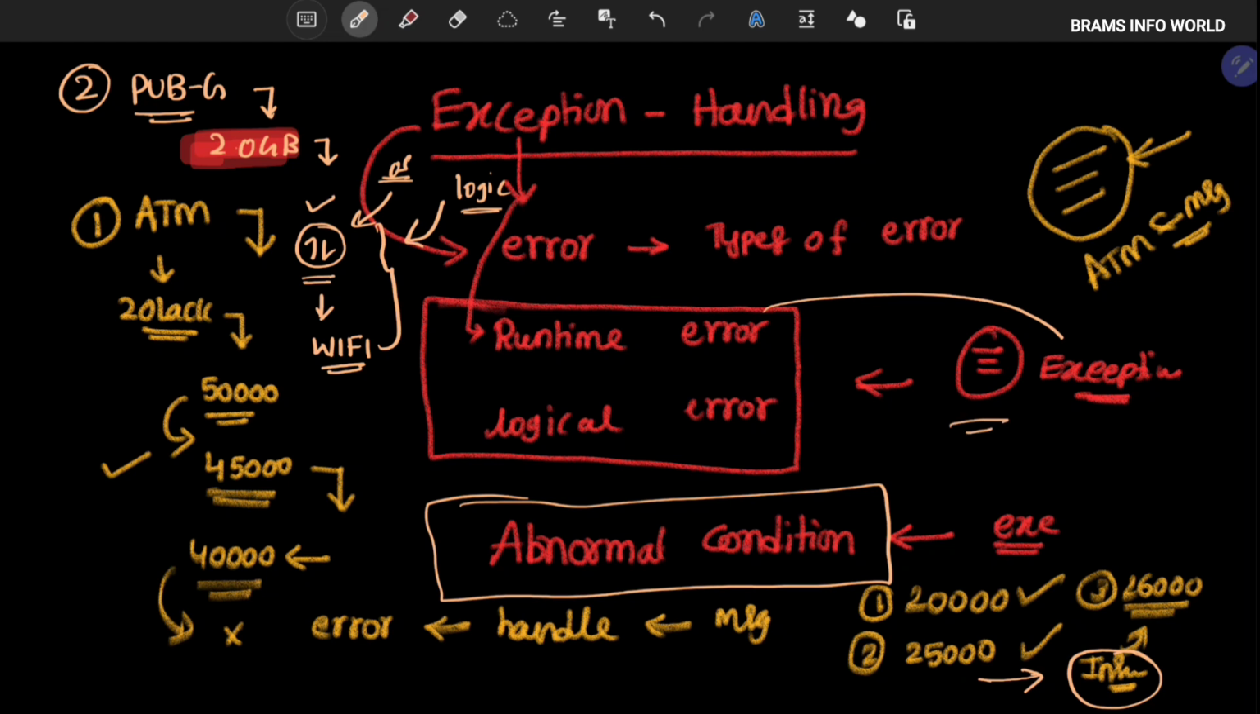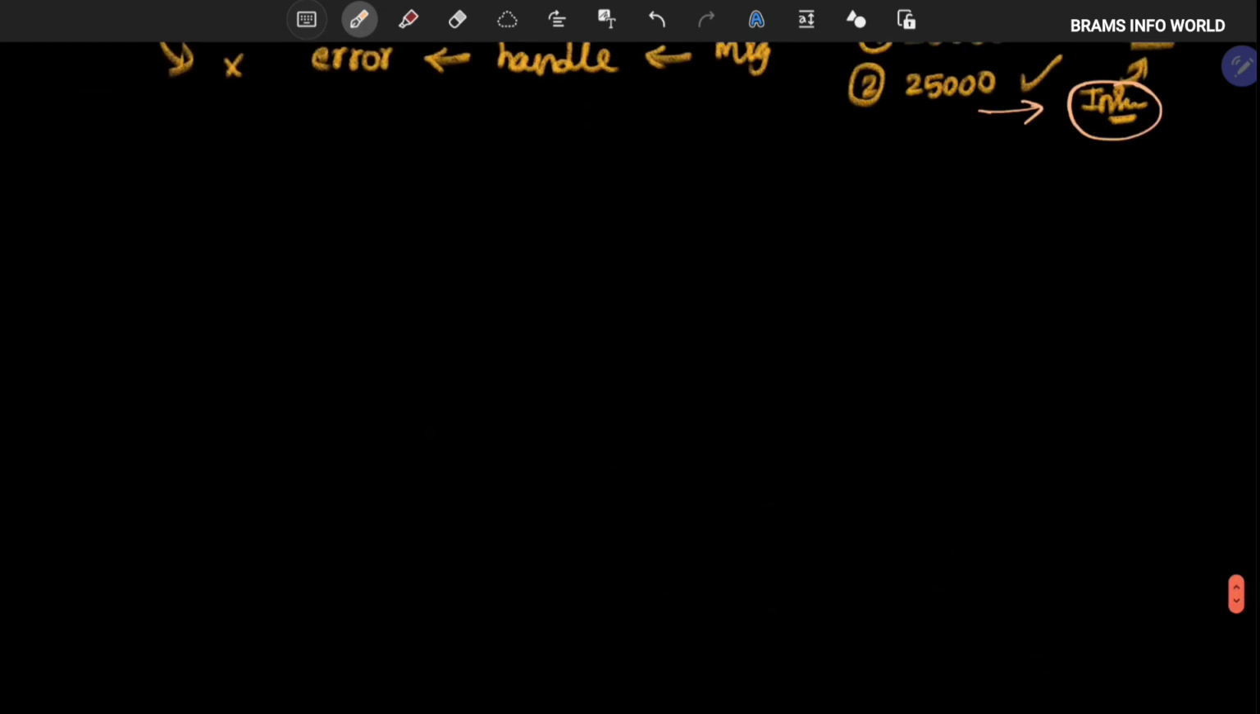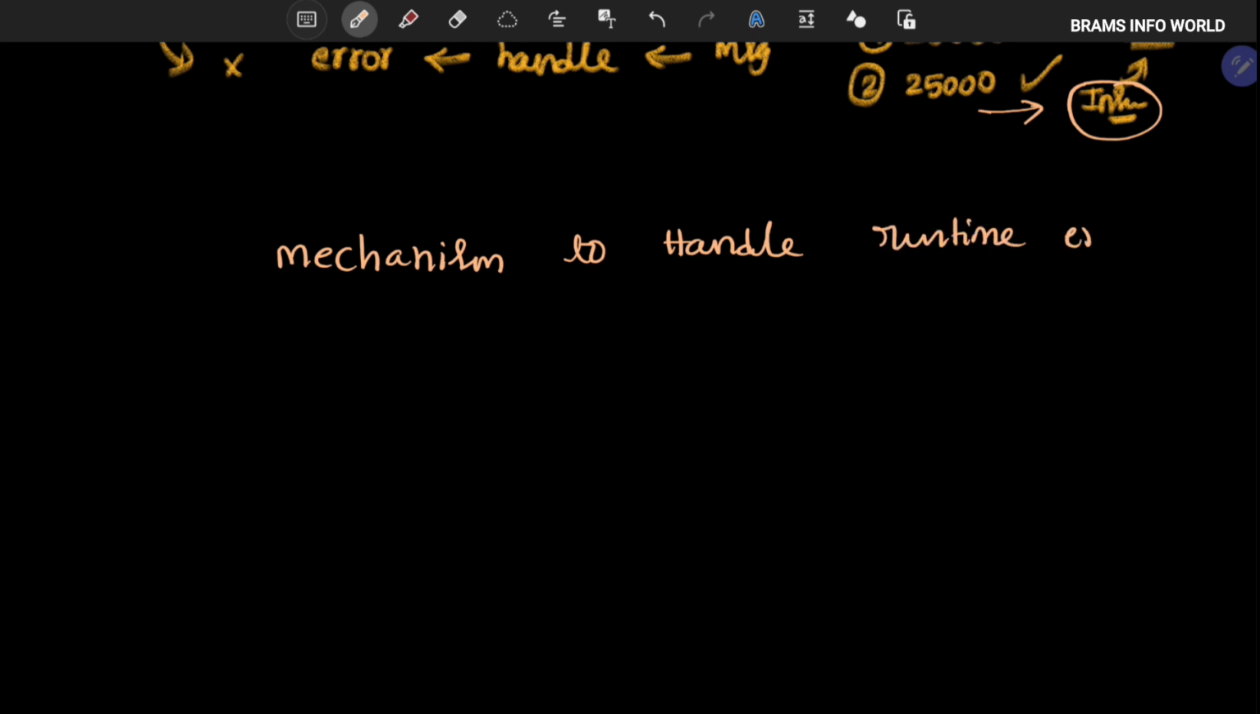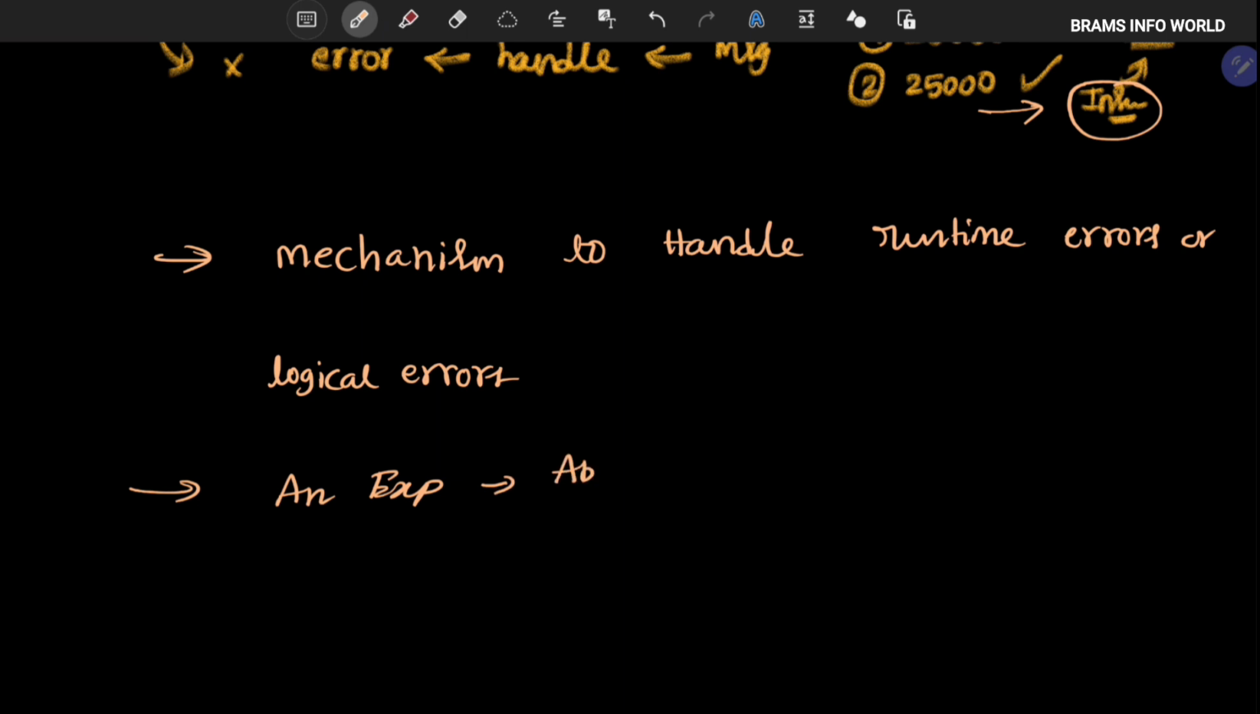In simple terms, what I am saying is, an exception is one kind of mechanism to handle runtime errors or logical errors, or we can also say that an exception is an abnormal condition